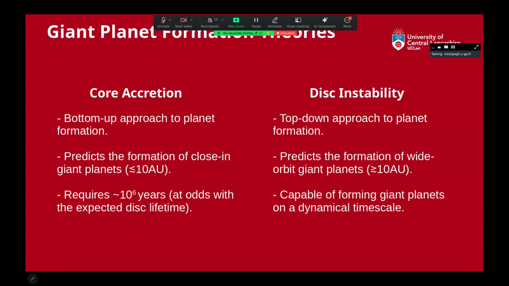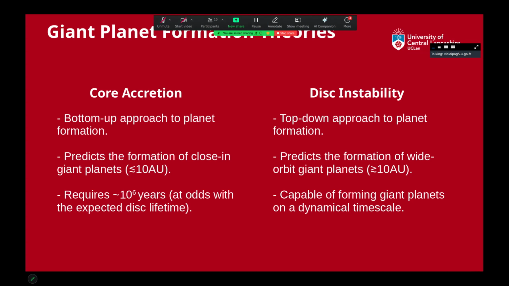There are two main theories for forming giant planets. The first which I'll talk about is core accretion. Core accretion describes a bottom-up approach to forming planets, where essentially you form a solid rocky core through collisions between planetesimals and accretion of pebbles. And then this core will accrue gas over time, ultimately forming a giant planet. Core accretion is really good at predicting the formation of close-in giant planets, within 10 AU typically, a hot Jupiter population, for example. However, as George already mentioned, it requires a relatively long timescale to form giant planets,